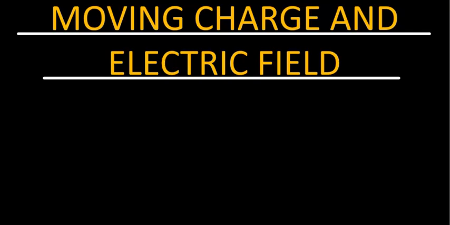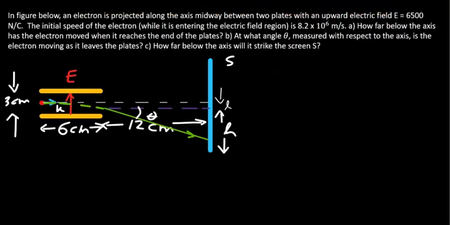In today's video, we shall look at a problem that illustrates how a moving charge reacts to an electric field. Let's look at the following problem. In the figure below, an electron is projected along the axis midway between two plates with an upward electric field of